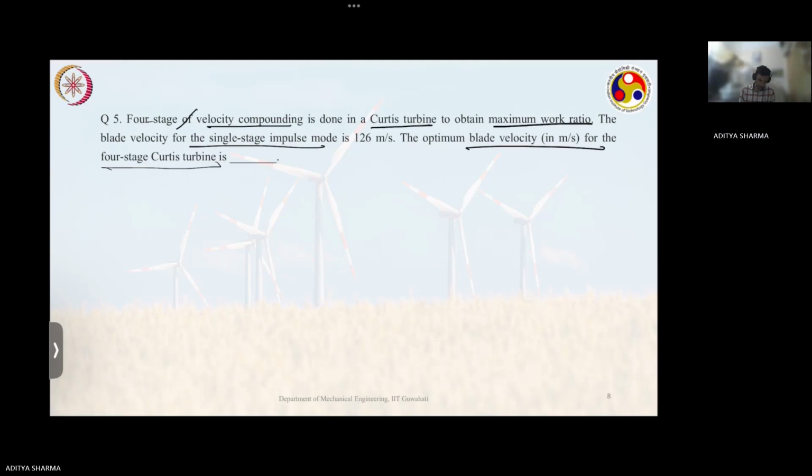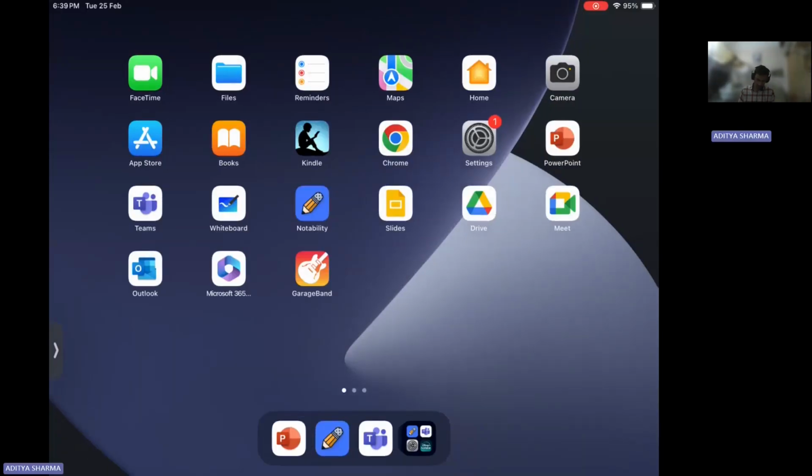Maybe I'll put it this way only, that this is your absolute velocity, the velocity at inlet. Then we'll try to solve this. We have seen in the lectures,